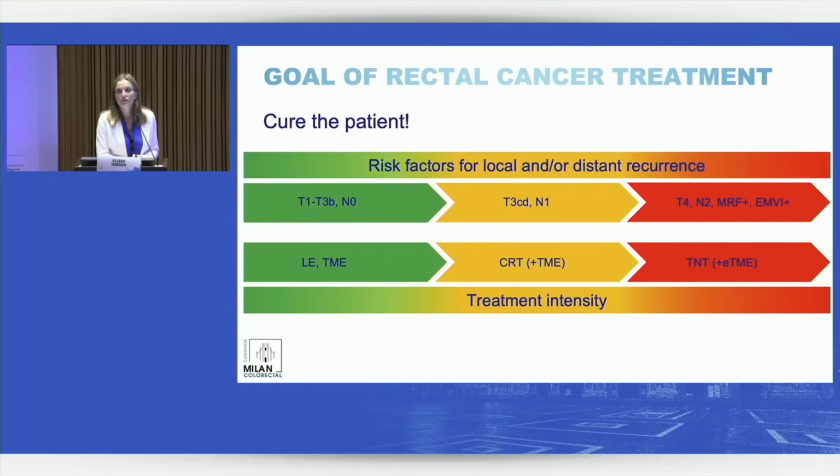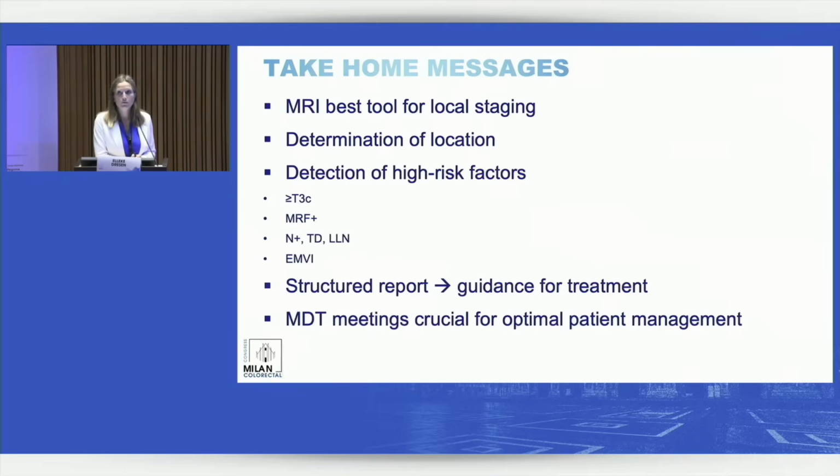So in the MDT, this patient was discussed, and because it's a very ugly tumor, we need to intensify the treatment for this patient. So to take home, MRI is the best tool for local staging. It can also determine the location either in the distal or proximal rectum, or if it's a sigmoid tumor. Of course, we are able to detect all the high risk factors which have a large influence on the treatment choice. We put it in a structured report and hopefully can guide you for the best treatment for this patient,